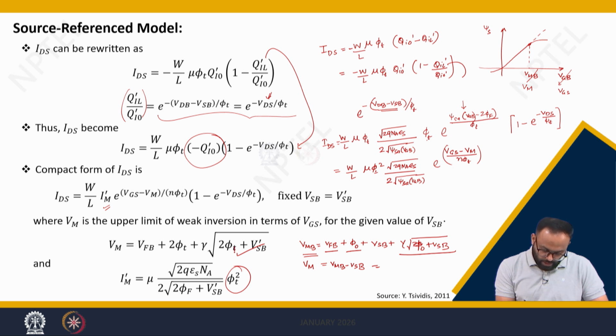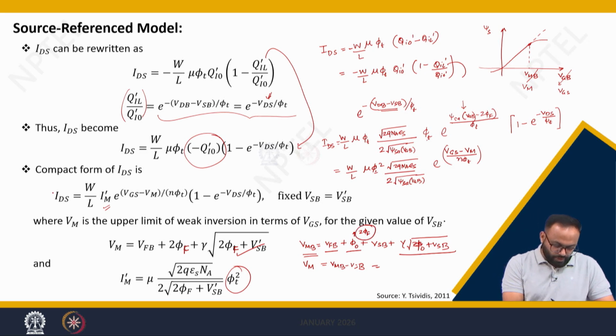Here it is not T, it is phi f. This is a typo. So here the Vm is equal to V flat band voltage plus 2 phi f plus gamma into square root of 2 phi f plus Vsb, where we have taken phi naught as 2 phi f, correct. So the overall equation of the drain current can be represented as this, where this Im dash is